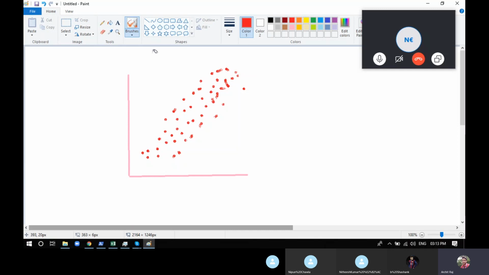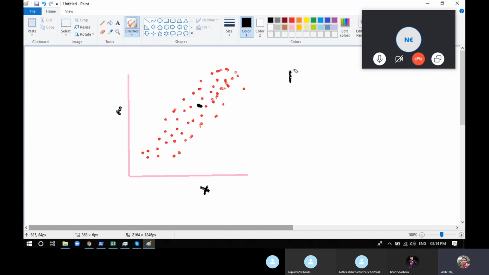But if we have to use k-nearest neighbors, what we can do is, again, if we have any random point for which we have to find out the exact value, because regression gives you the exact value. Now let's consider the black point. This is the point for which we want to know the position, where exactly it belongs, what is the exact value of this. Or you can say, for the value of x, it will be y. So for this particular value of x, what is that value?